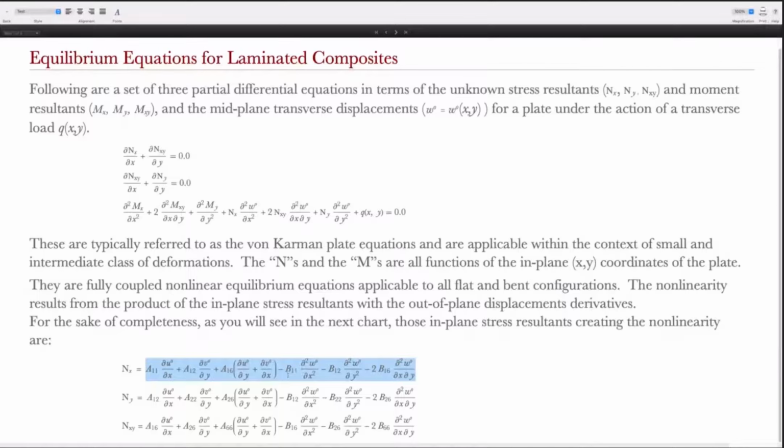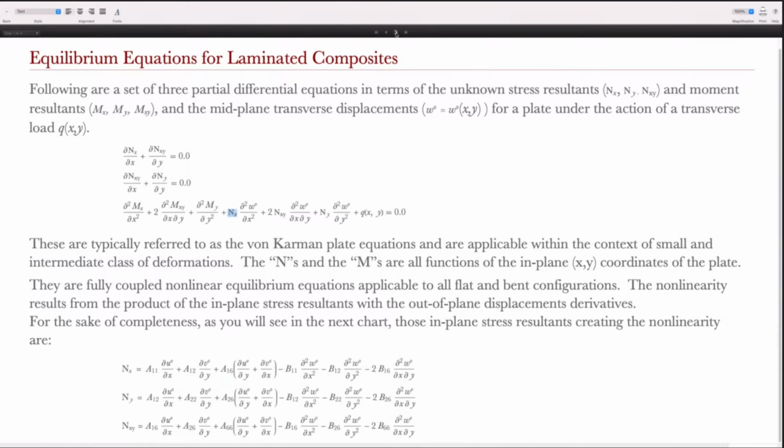The next chart shows the constitutive equations between N's and epsilons, strains, mid-plane strains. The mid-plane strains are epsilon x is partial u partial x, epsilon y is partial v partial y, and gamma xy is partial u partial y plus partial v partial x. And then the curvatures, second derivatives of the w. Okay? So these equations, the last three equations for Nx, Ny, and Nxy, which in fact should be substituted here,